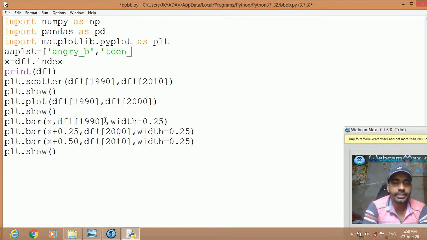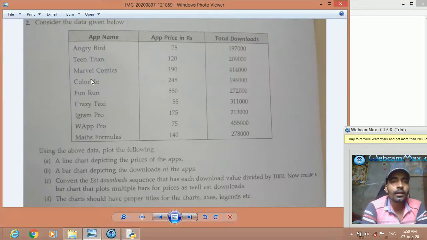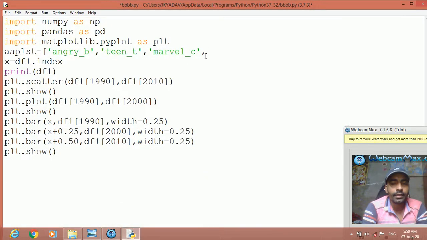Teen_T, comma Marvel_C, comma other names Color Me and Fun Run. Okay, this is the list of the apps.